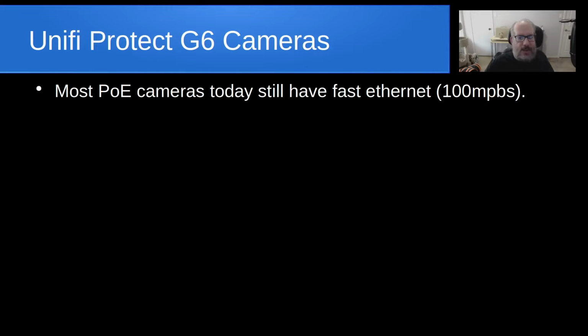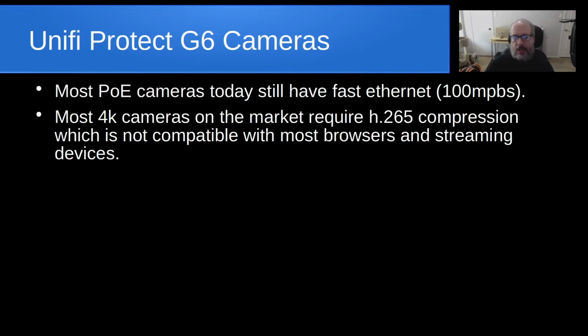That is, they have a 100 megabit connection. They do not have a gigabit connection on them. And so that being the case, they are limited somewhat in the speed and the bandwidth of the data that they can carry. So most 4K cameras that you're starting to see on the market increasingly are requiring H.265 compression,